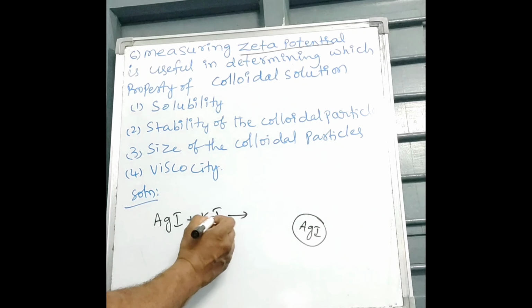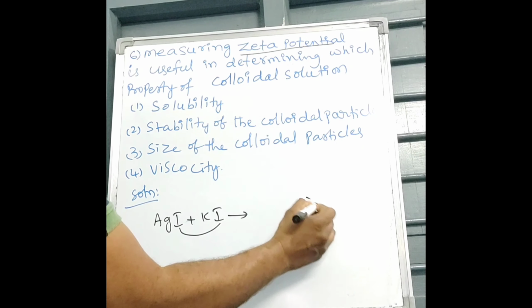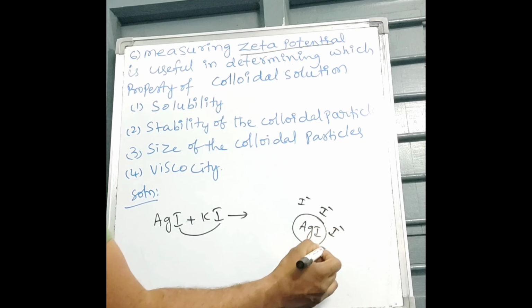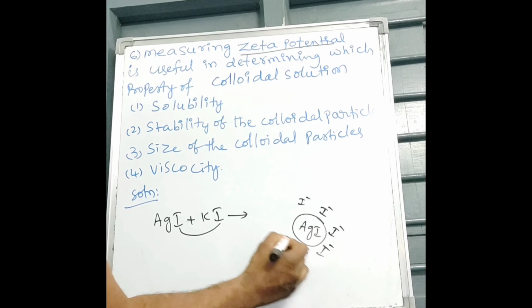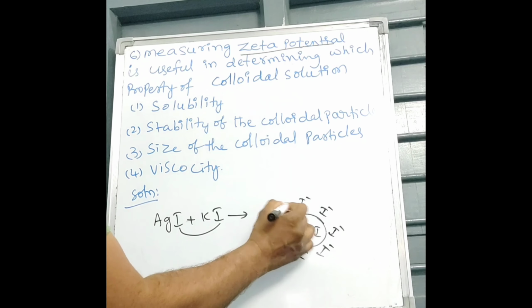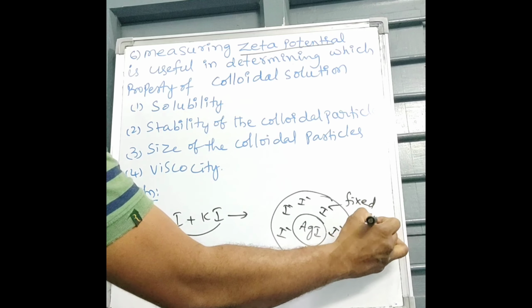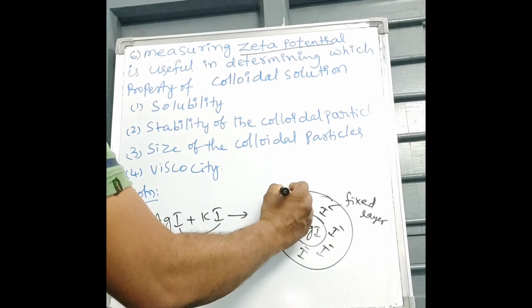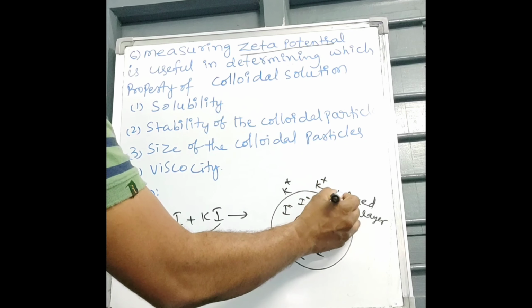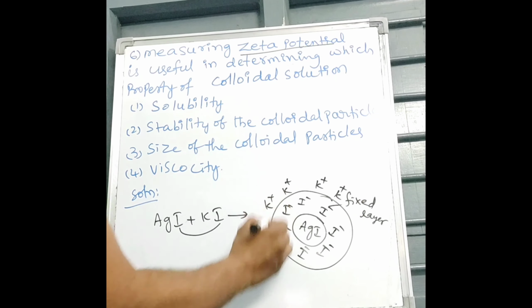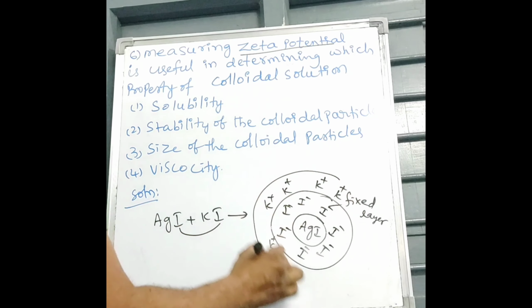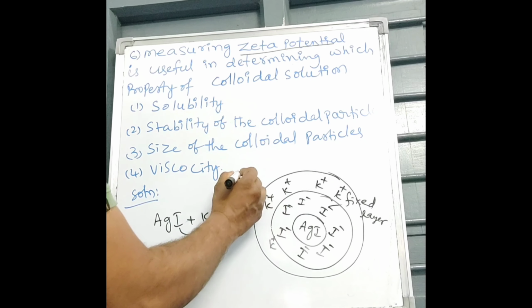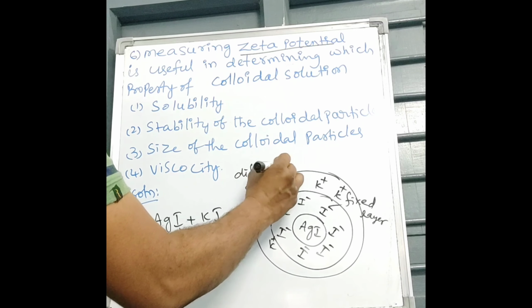Around AgI, due to the common ion effect, I minus is selectively adsorbed on it. It forms a layer. This layer is a fixed layer. And upon the I minus fixed layer, K plus ions, the oppositely charged species, form another layer. This layer is called a diffuse layer or movable